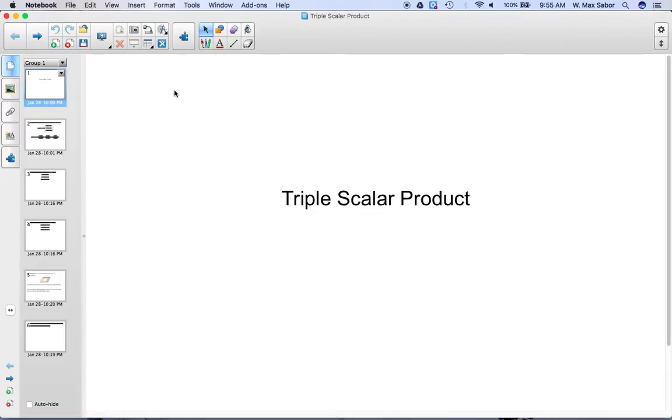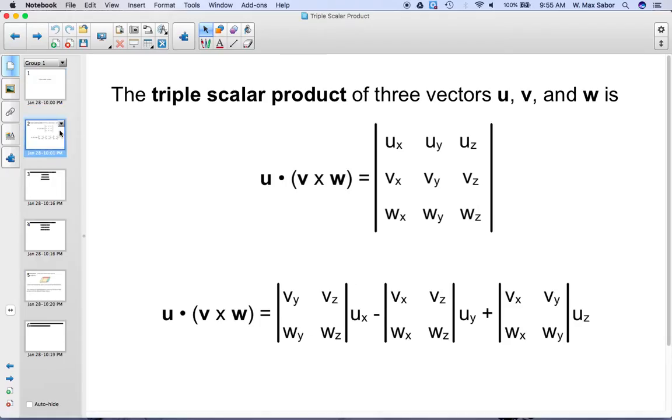How do we calculate triple scalar products? Well, what is a triple scalar product? Well, it's closely related to cross product. A triple scalar product of three vectors u, v, and w is u dotted with the cross product of v